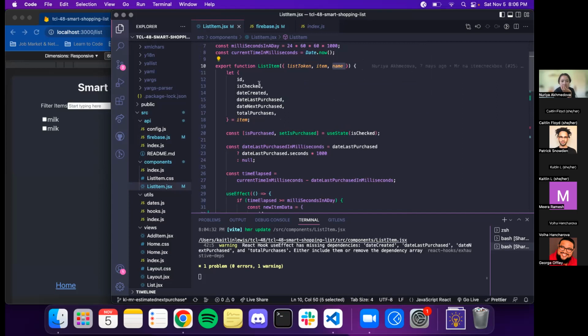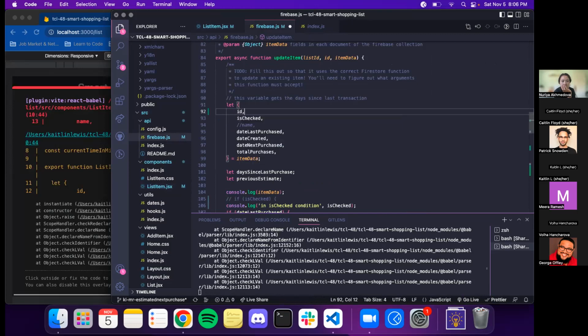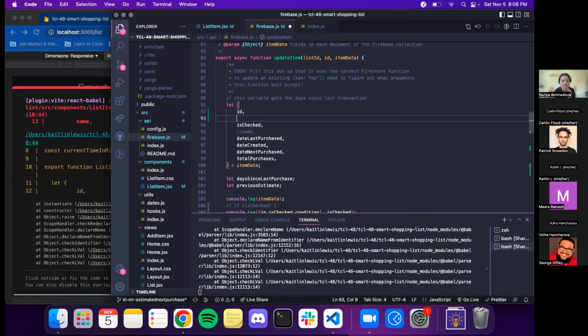One question I did have is, would it help to forego the destructuring altogether and just use the dot parameters? Can you repeat that? I went a little gurgly. Sorry, I'm not using my good mic. I was asking would it make more sense to just forego the destructuring altogether and just have the item dot, whatever parameter it is in there, so that it's a little less confusing?